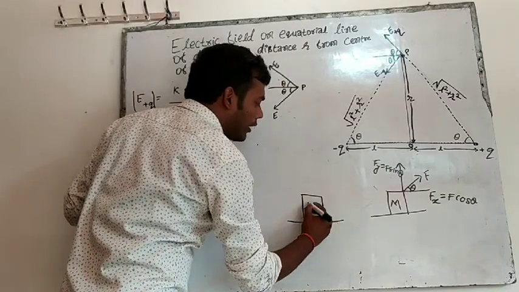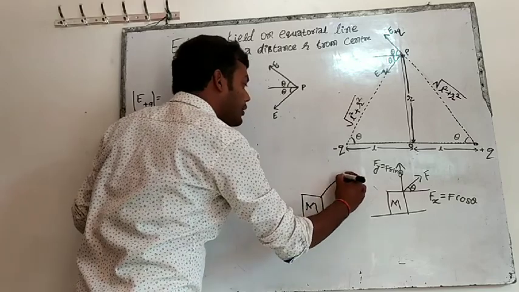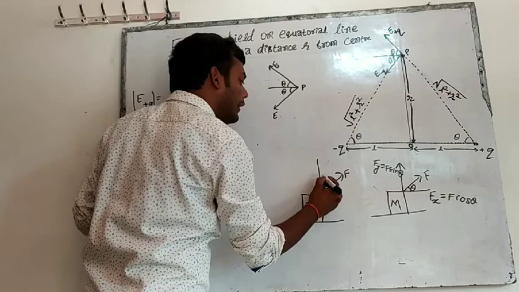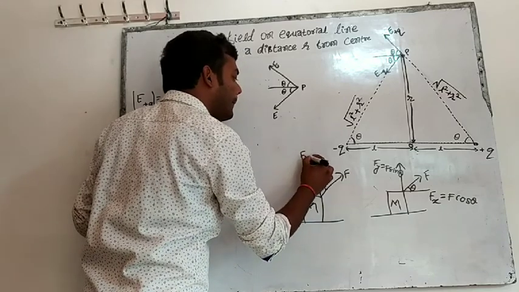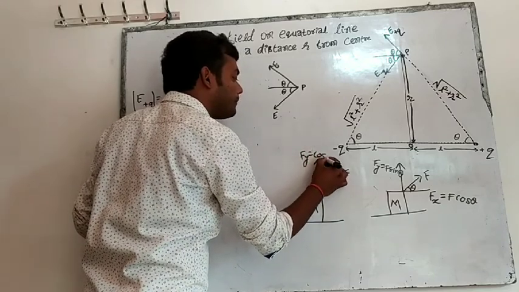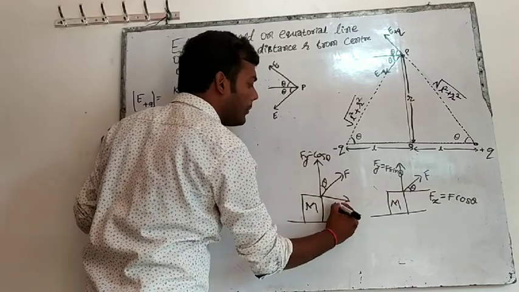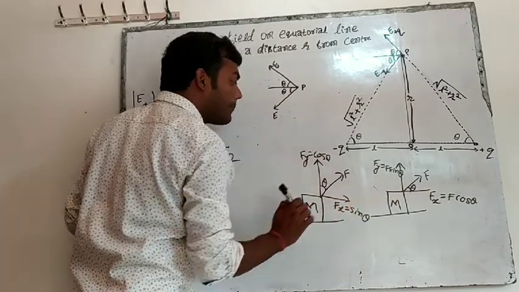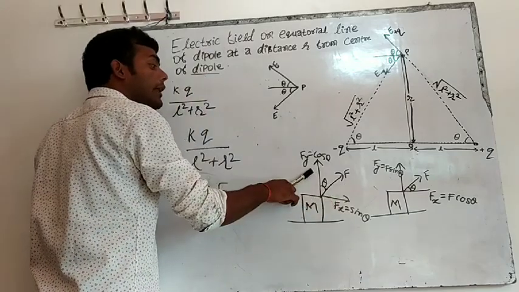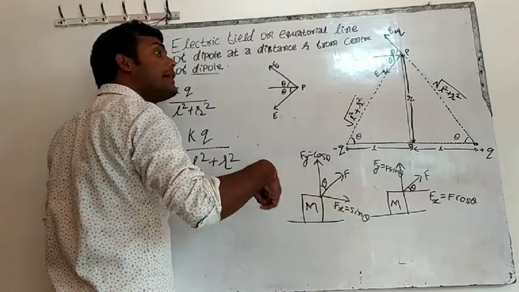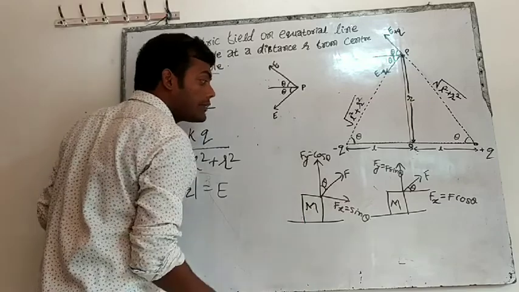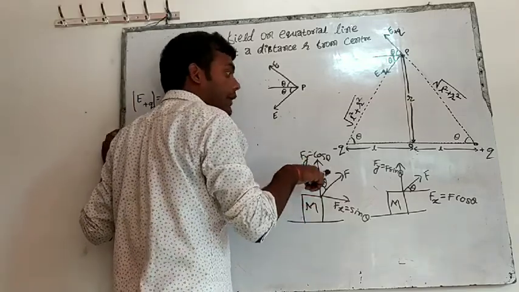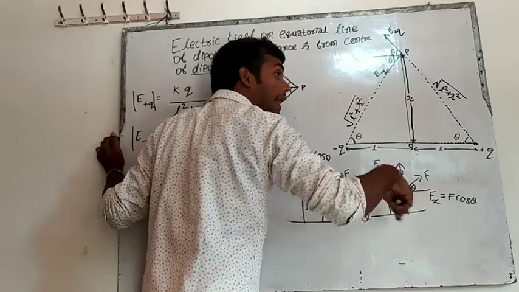If this is a block and on this block force is acting like this and this angle with y is theta, then force along y will be equal to cos and force along x will be equal to sin. अब देखिए चेंज हो गया. क्या चेंज हुआ? कंसेप्ट वही है. फोर्स किसके साथ एंगल बनाया? y के साथ. तो जिसके साथ एंगल बनाएगा वो cos, बाकी वाला sin. As force is making angle with y, so y will be cos. If force will make angle with x, x will be cos.